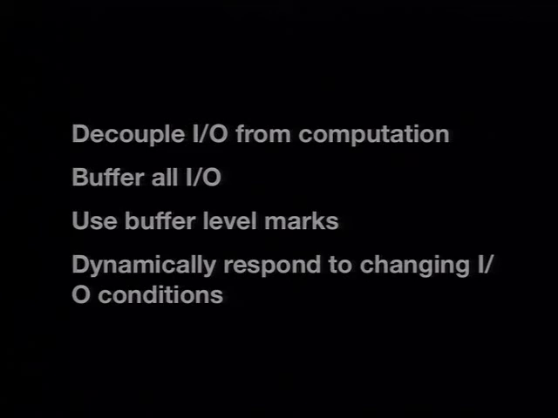And one last point, which Jesse alluded to, is that we dynamically respond to the changing I/O conditions. So if contention on App Engine is very high for more than, say, 10 or 15 requests in a row, we actually back off and stop talking to App Engine for a while. And for various reasons, based on the internal design of the data store, that can actually alleviate contention if we come back 20 minutes later, and just work through the data that's buffered on the EC2 side. So that's the big picture of the design of the calculator.